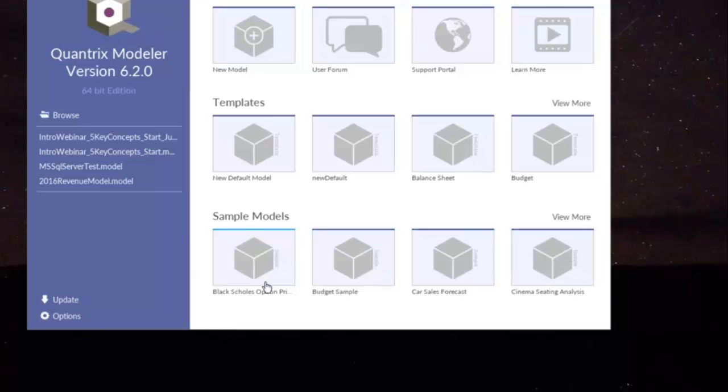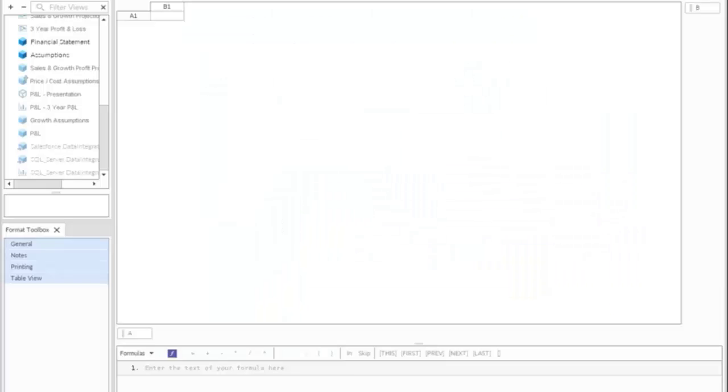What I'm going to do for this webinar is open an existing model that I have saved locally to my hard drive, and we'll be going through some of the concepts that we have. We're going to model a forecasting exercise. We're a manufacturer. We make different products. We sell these products over multiple regions, and we want to forecast the growth of our sales over these regions